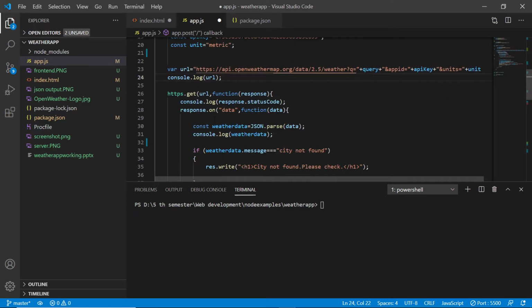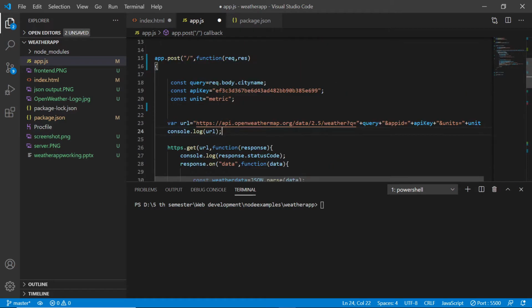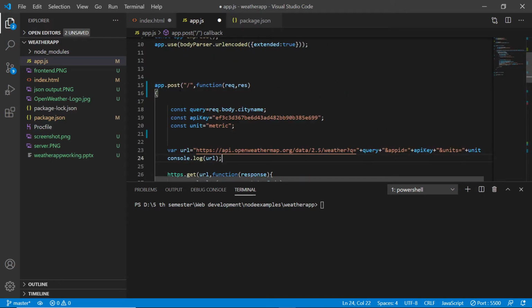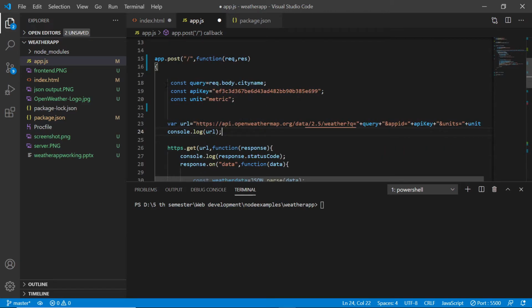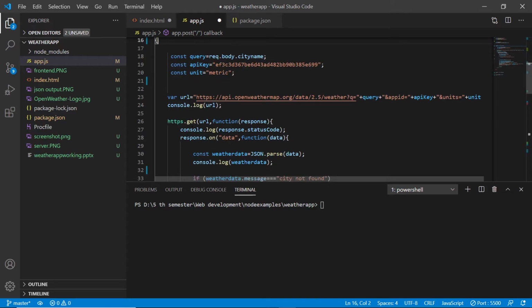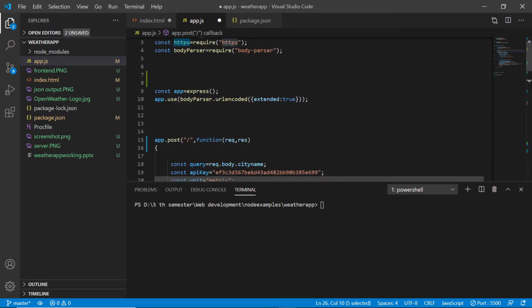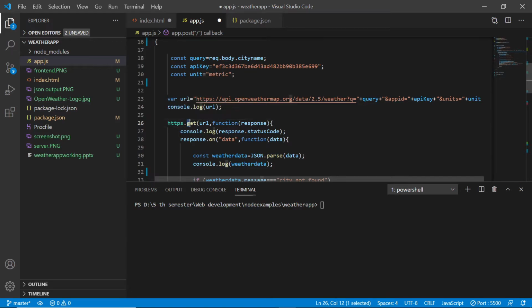So what we are doing is we are making a get request. Initially when there is a post request to the home page, we are calling this callback function, and inside that we are making a get request to the API so that we get back the data, using this https which we have created over here, https.get.